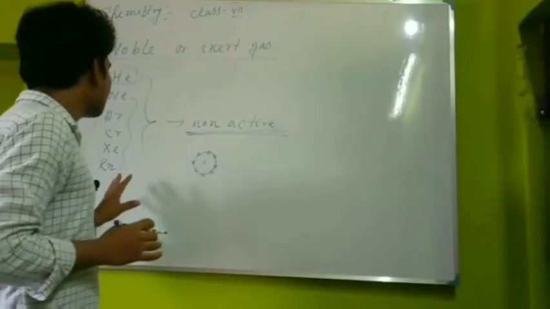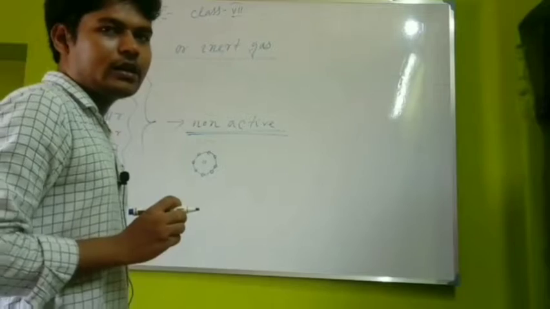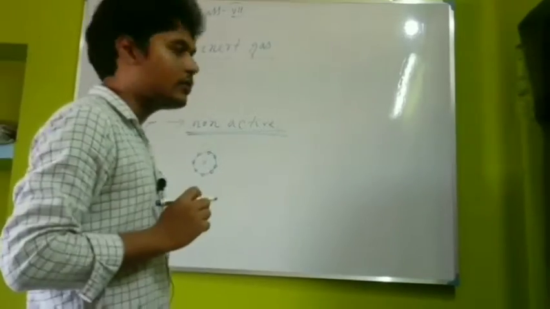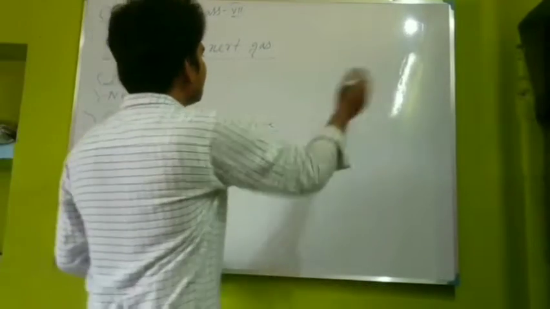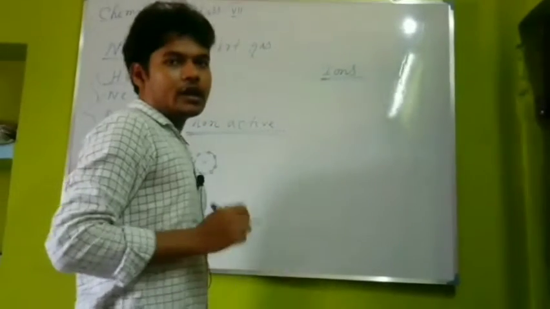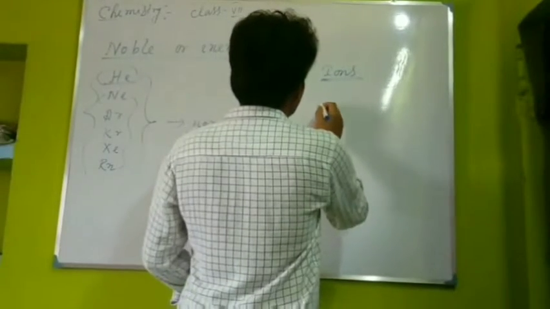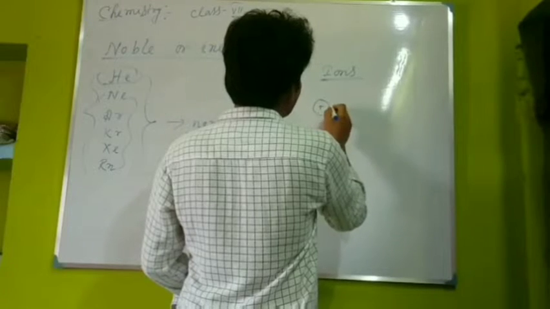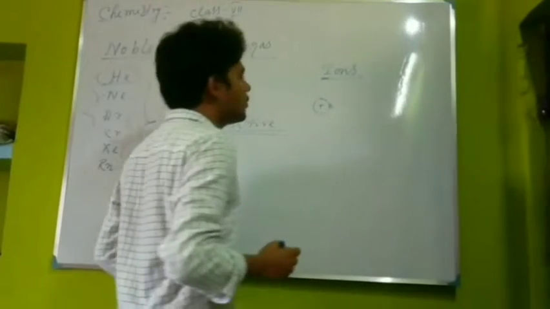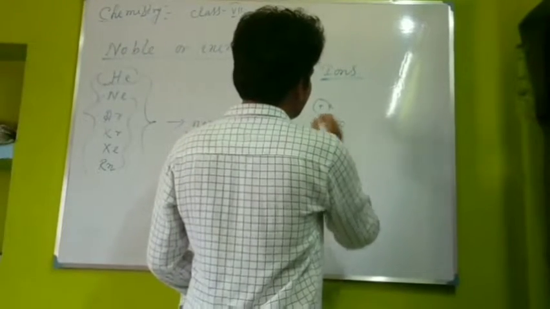And all the atoms try to get the electronic configuration of these noble or inert gases. So from this concept we can define the ions. So what are ions? Charged particles are called ions. And how are the ions formed? Electrically, an atom is neutral. The positive charge inside the nucleus and the negative charge of the outer shell electrons are equal to each other. So the total charge equals 0.